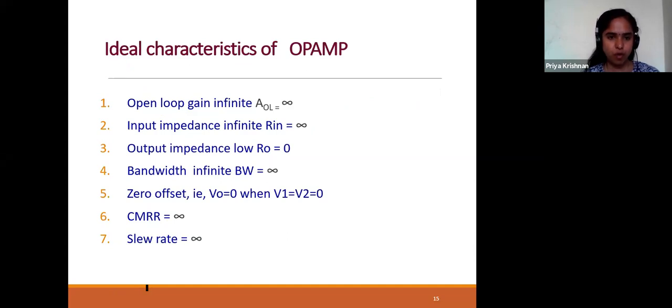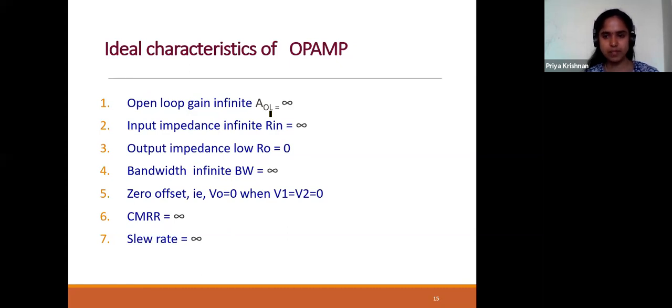Ideal characteristics of op amp. Ideal means the perfect characteristics of an op amp, perfect for anything. But there is no perfect man in the world, or no perfect thing we can design. So it is not possible to design a perfect op amp either. I hope you accept that. These ideal characteristics are given only for the perfect op amp, only in theory. So AOL, what is AOL? AOL is AD, am I right?